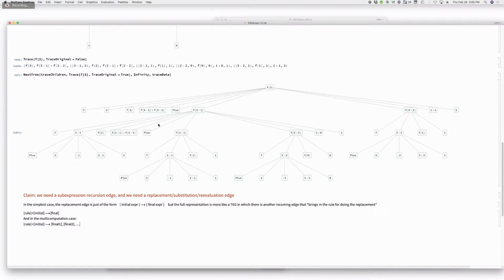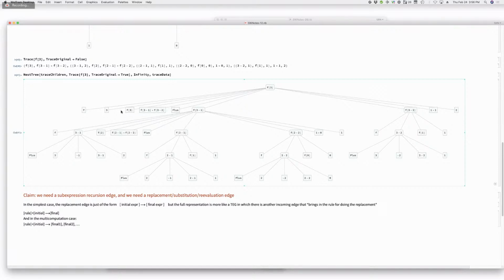We want a recursion. So I understand, I think, that you want some kind of visualization that would show a relationship between the f of 3 and the f of 3 minus 1 plus f of 3 minus 2. That includes the rule, like you're saying there. But I'm not sure what the graph is that you're wanting. Is it adding additional edges to the graph above, or is it some different structure? I don't know, because I think some pieces of the graph above I absolutely do not understand. Okay, I don't understand why there's an f of 3 here when there's already an f of 3, and why that's a sibling node. It just doesn't make any sense to me.